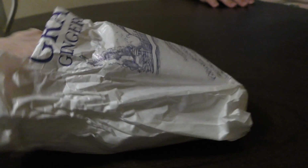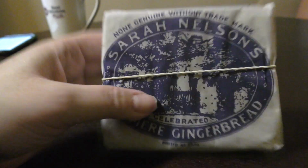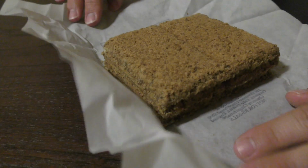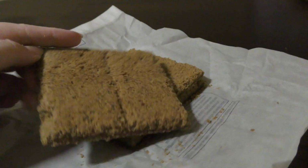So this is the bag. I'm gonna open it up. There we go. That's how they've wrapped it up, which is quirky. I'm just gonna unravel it now. Ooh, look at that. That's different, isn't it? Wow. Looks like a cake. So I'm gonna